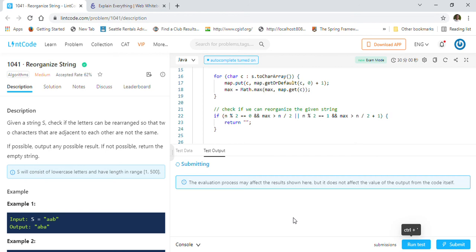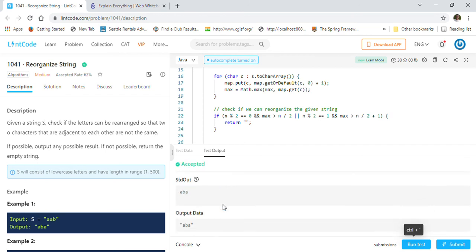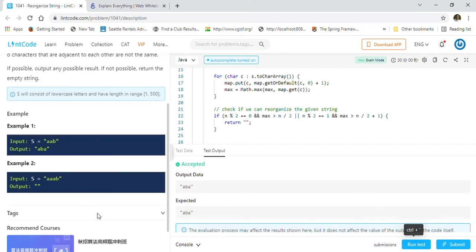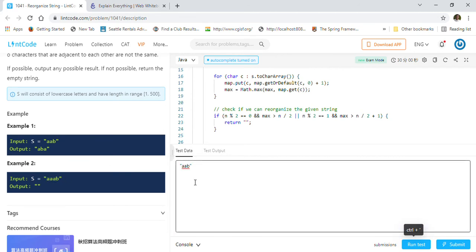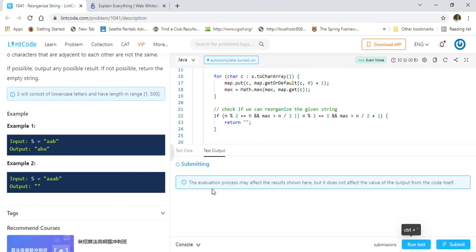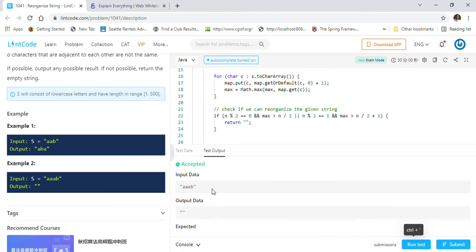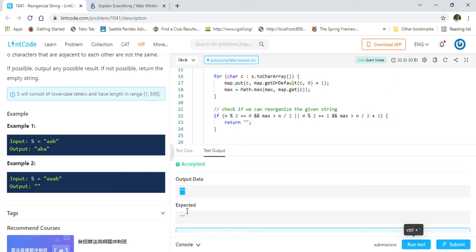So now we should get ABA. So as you can see, we are getting ABA, the correct string, and here we can try this example also, what they have given us. So here we cannot reorganize it, so we will just return empty string. So here we are returning empty string, right, output.